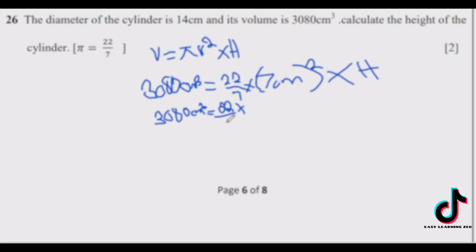Then we expand this: 7 centimeters times 7 centimeters times the height, which is h. Then we're going to try to simplify this, so this 7 will cancel and this 7 will cancel, leaving us with